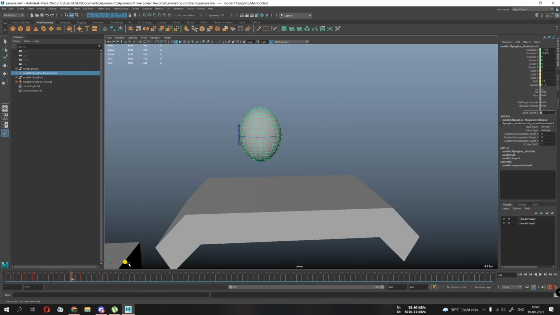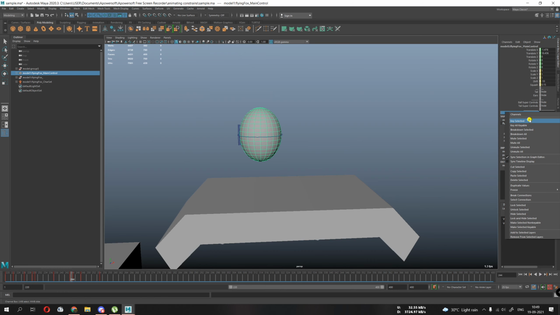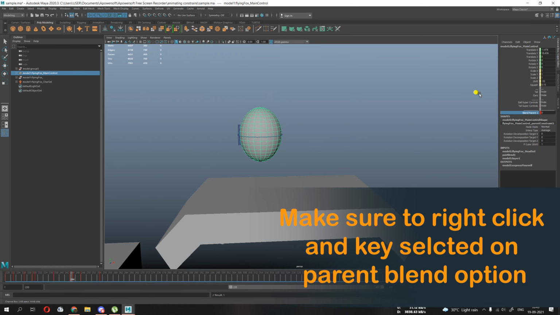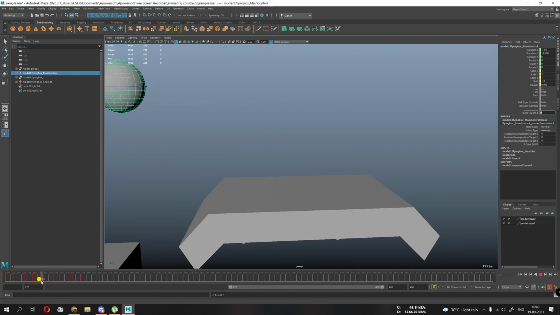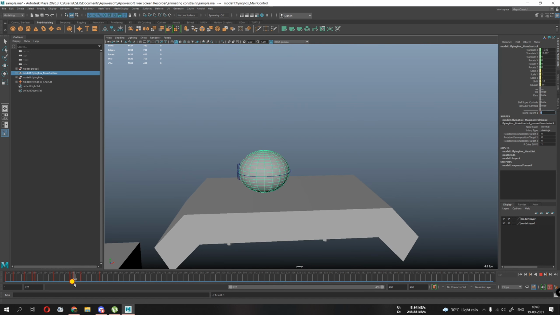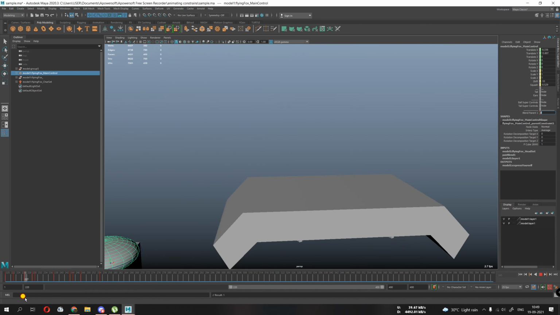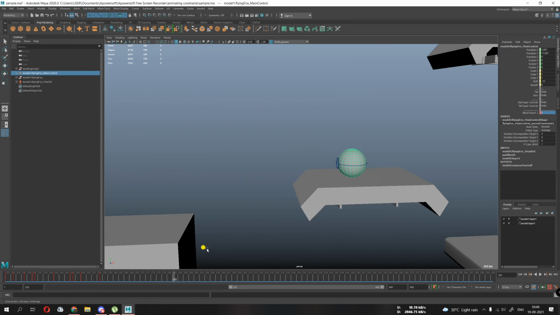Right click on Blend Parent and Key Selected. Then go to 245 and set the value to 1. Let's see now. It switches to 1 from 244 to 245, and then it just starts following the platform.